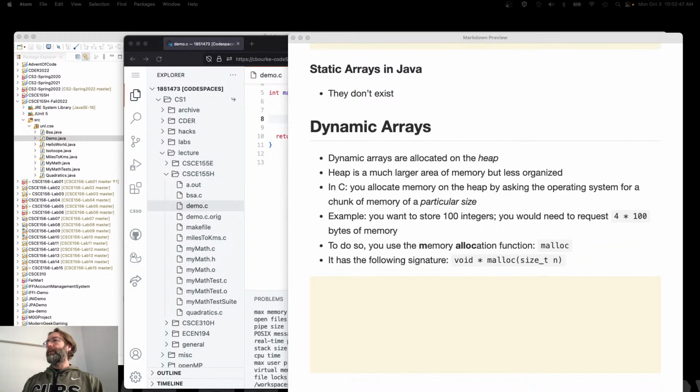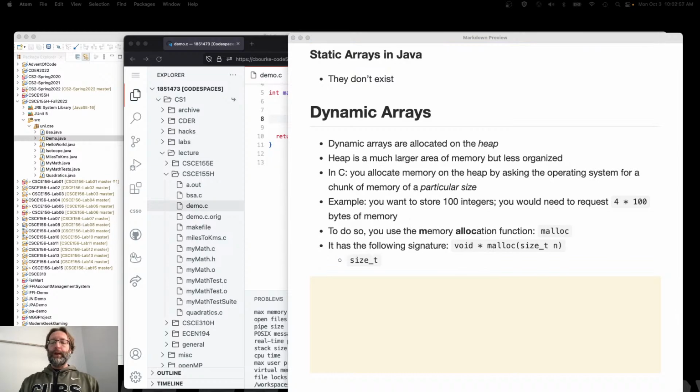There we go. Void star malloc size t int, right? So let's go ahead and look at each one of those in turn. First of all, size t can be thought of as an integer, right? Ignore that actual type. The size t is a size type. In other words,